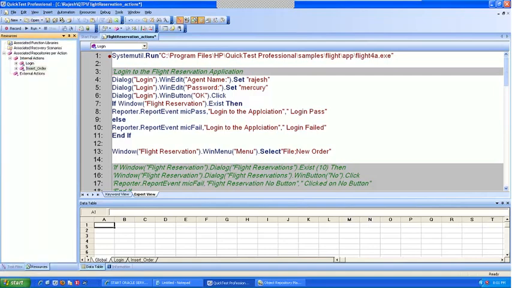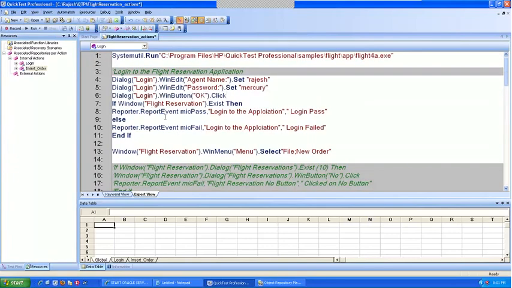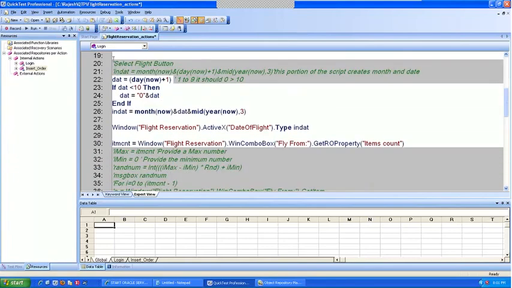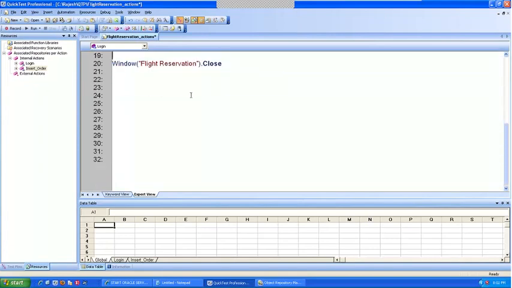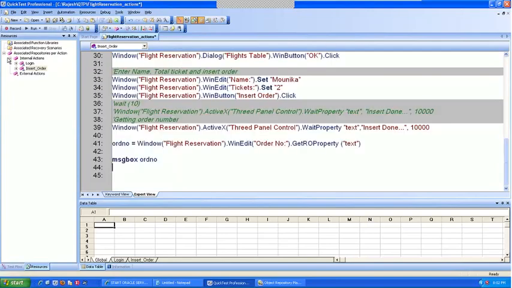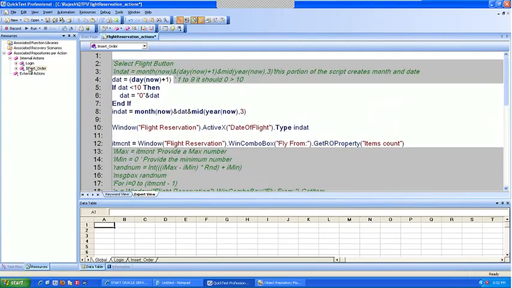Now I inserted this order. Now I'm going to copy this portion. Let me take this breakpoint out. I'm going to copy the insert order, take it out and put it here in my insert order. If you double click on this, it will not work. You have to go to this drop down and change it to insert order. Now I have put the insert order here.